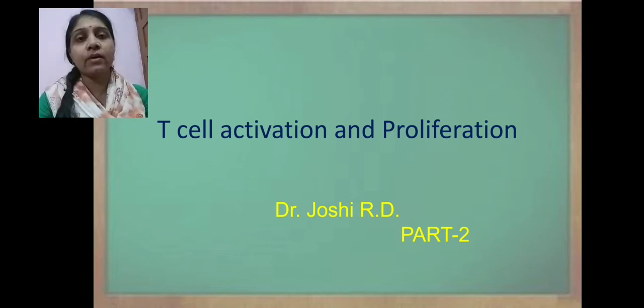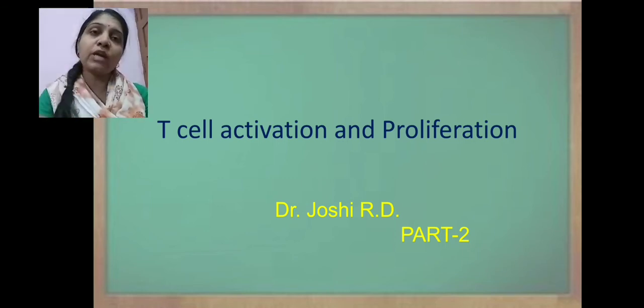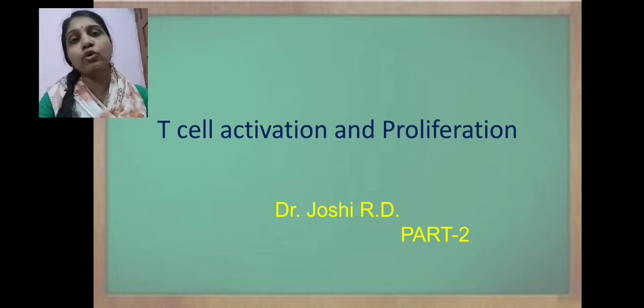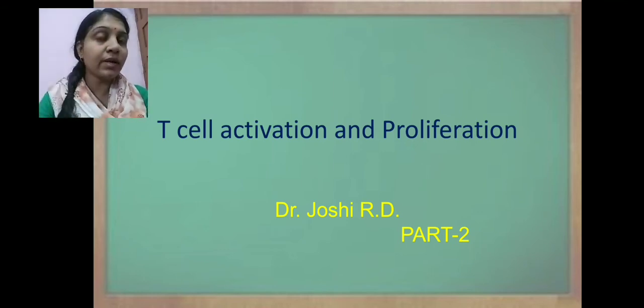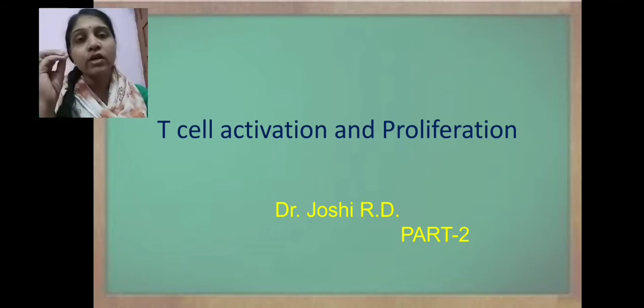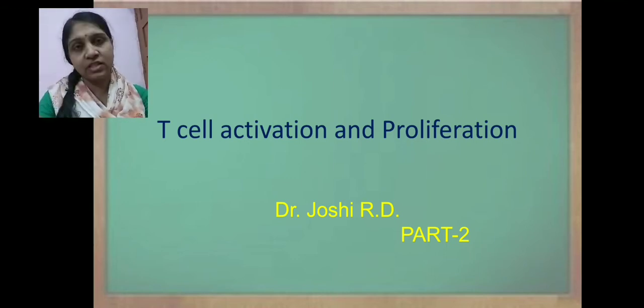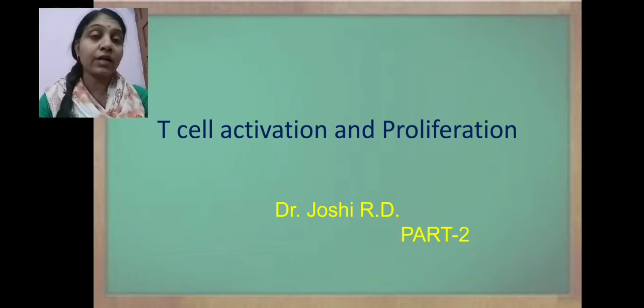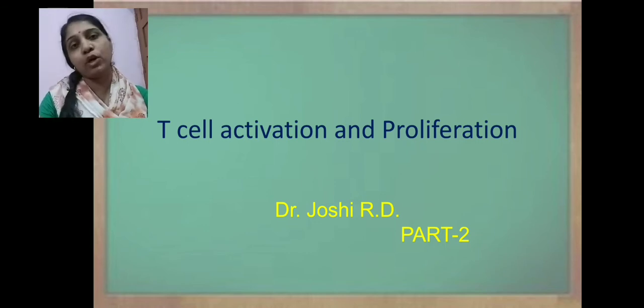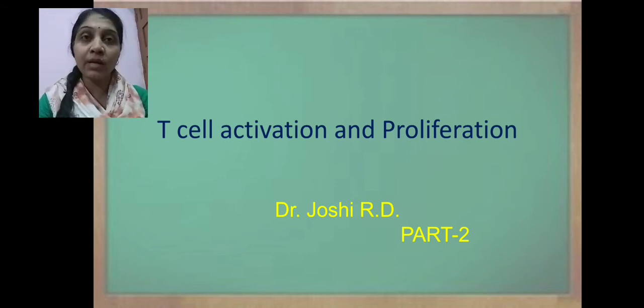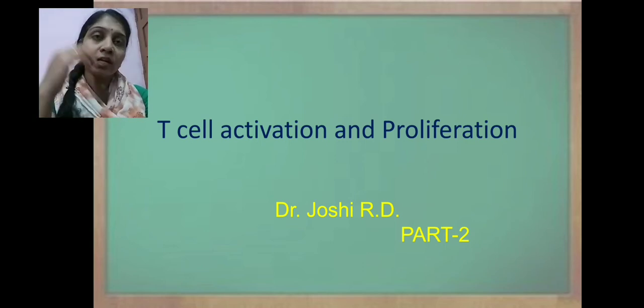Now the TCR has a structure similar to that of the receptors present on the B lymphocytic cell, that is the immunoglobulin molecules. Similarly, the variable region and constant region are present within this T cell receptor. Two different types of polypeptide chains are part of this T cell receptor, the alpha polypeptide chain and the beta polypeptide chain, and on each of these chains there is a variable and constant region.